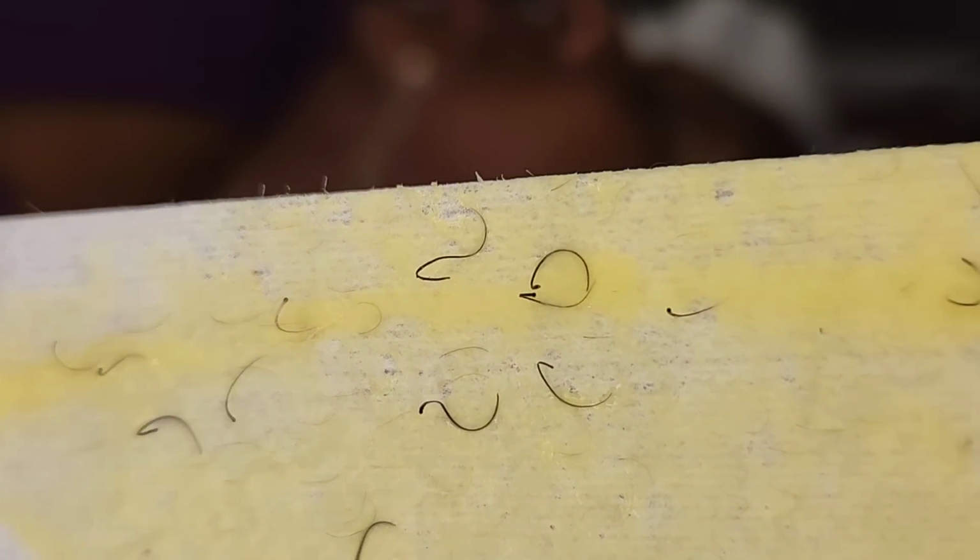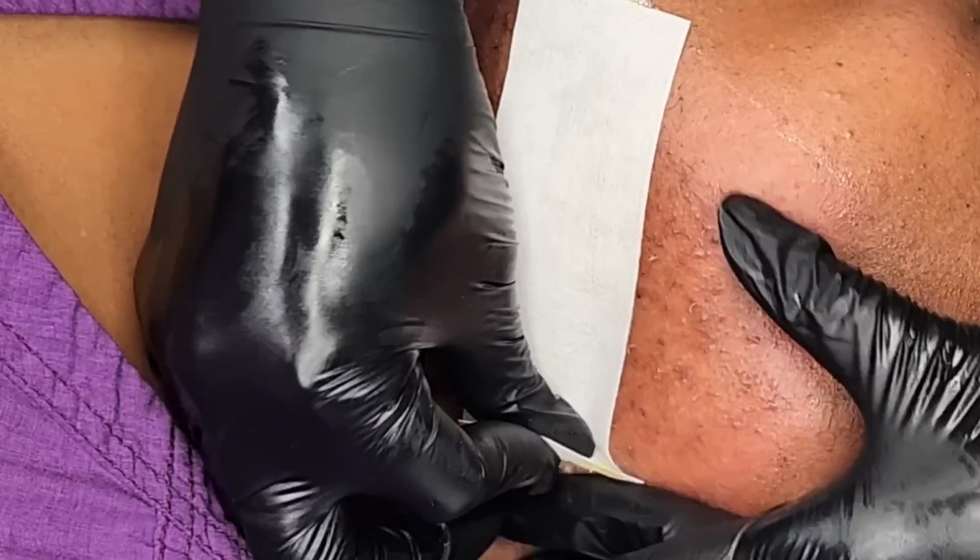It's getting all of that, and I really do love that for her. I really do love that when you're doing a wax session, you want to get those super fine hairs as well. Here I'm showing you a close-up and you can see the hair is really curly. And I'm going to show you again, like I explained a little bit earlier in the video, how soft wax